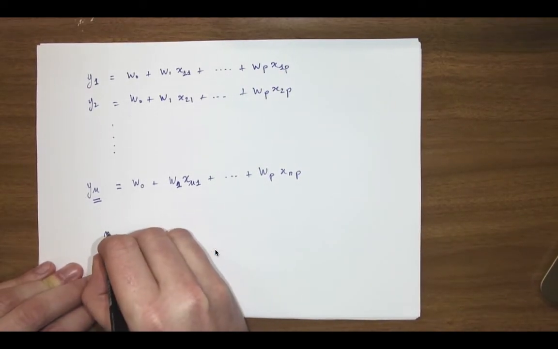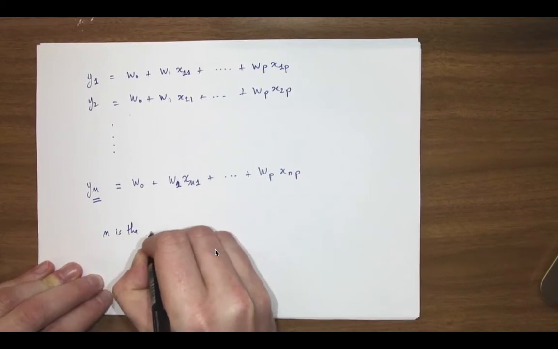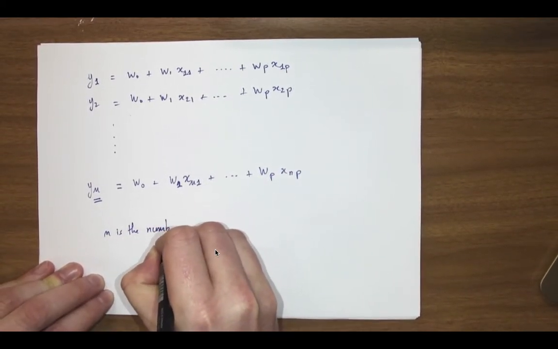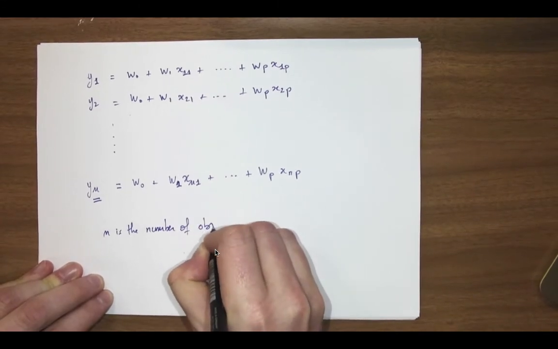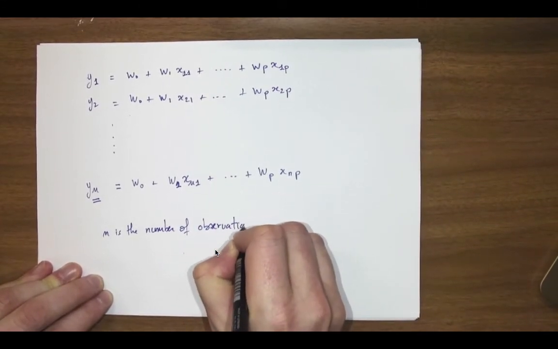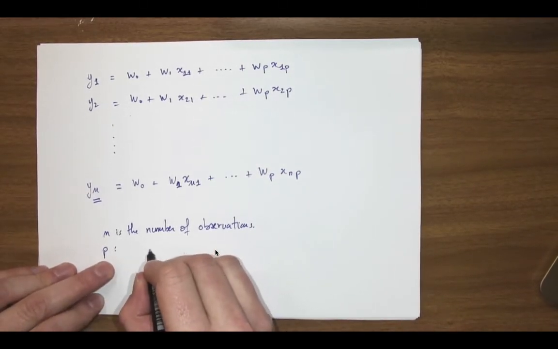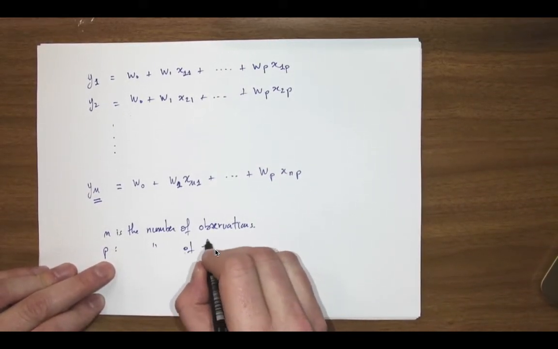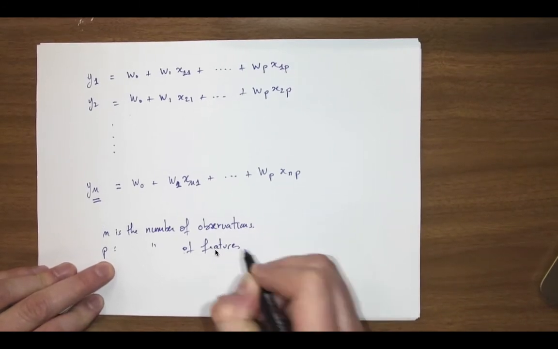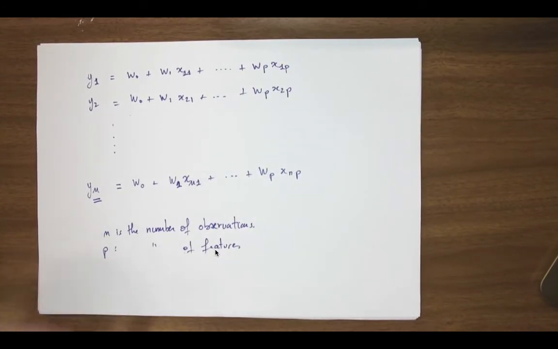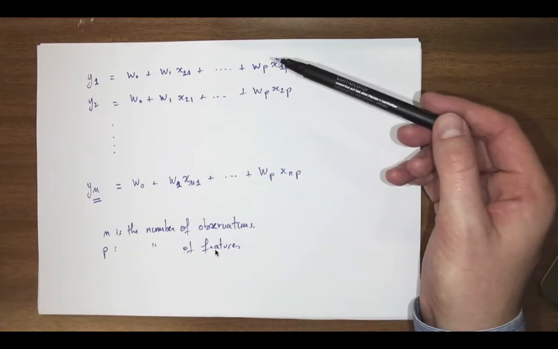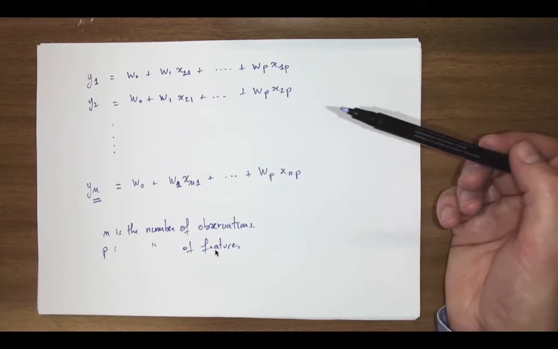N is the number of observations you have, and P is the number of features you have. So keep that in mind: N is the number of observations, P the number of features. So you have basically n equations with